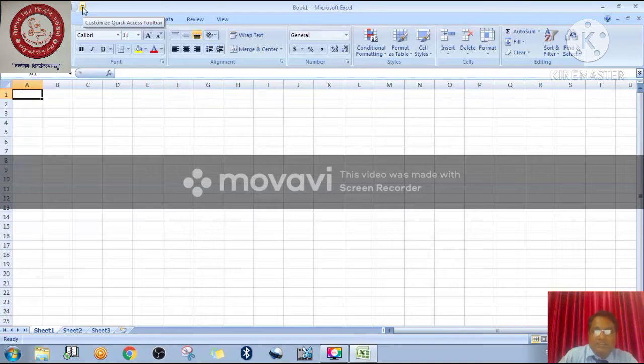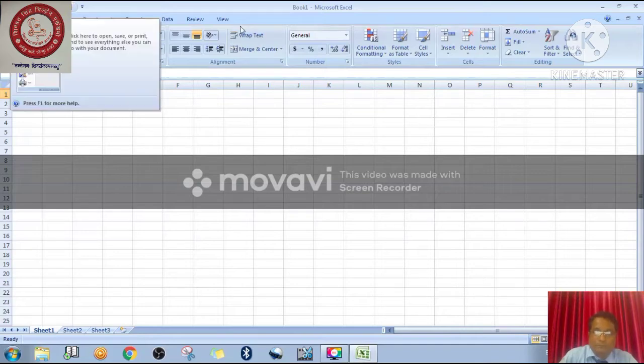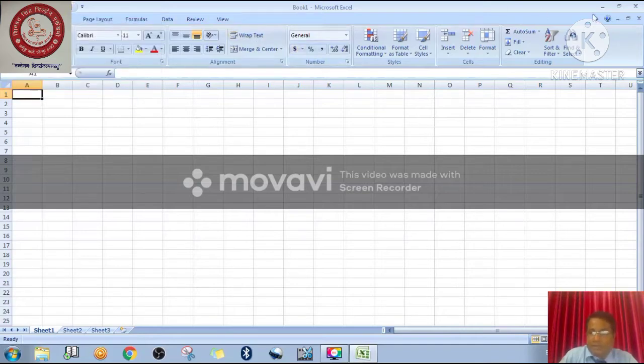In this quick access toolbar, you are able to access the frequently used commands, right? Like save button is there, undo is there, redo is there. Okay, one form button I have embedded for another class. Form button is also available here, right? And this is your office button, right? On the right hand side, this is the minimize button. This is your restore button, and if you click on restore button, this button becomes maximize button. This is the close button, right students?